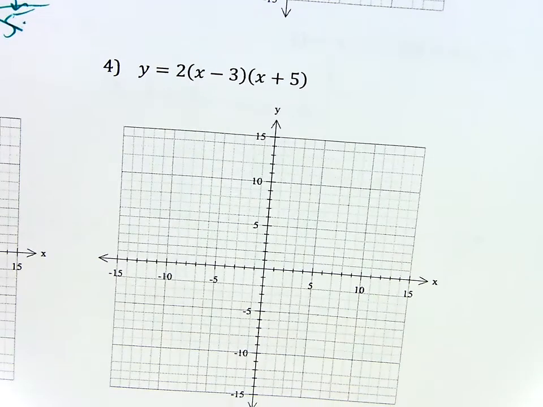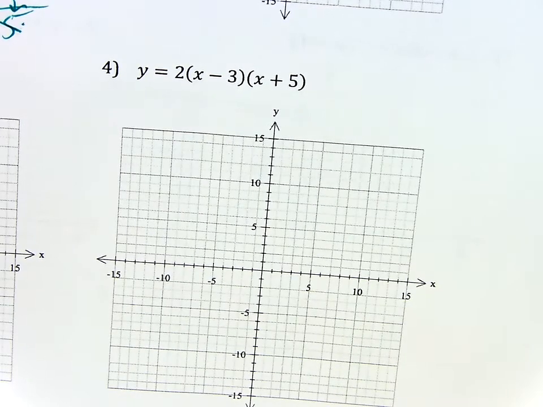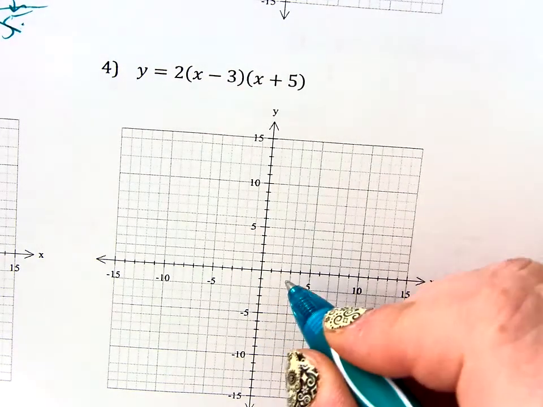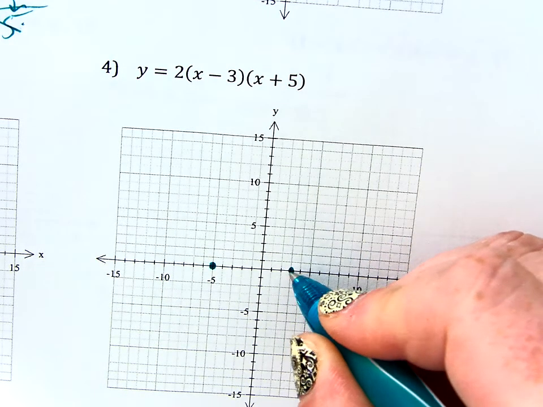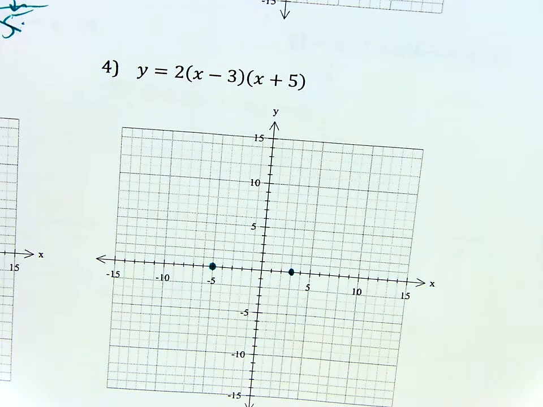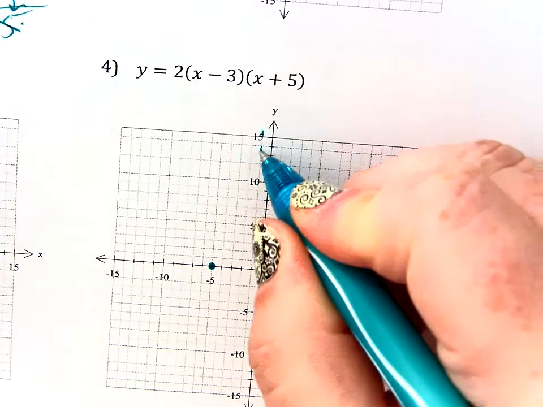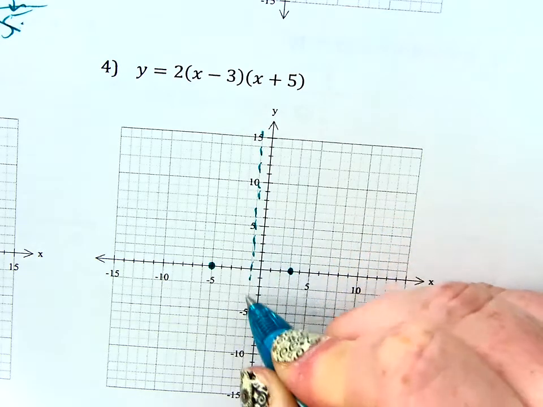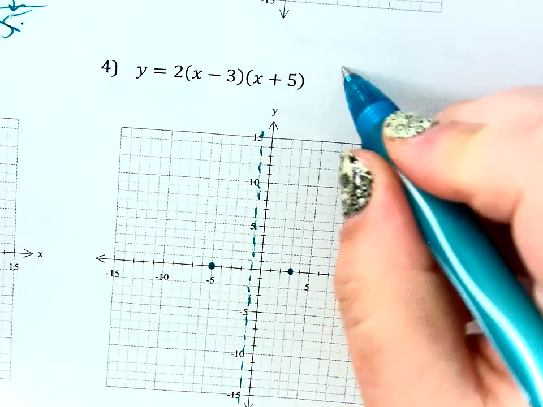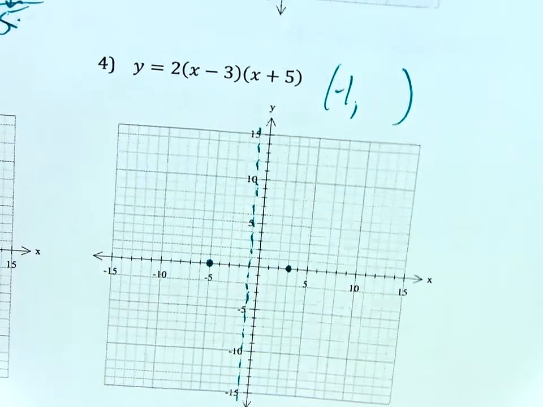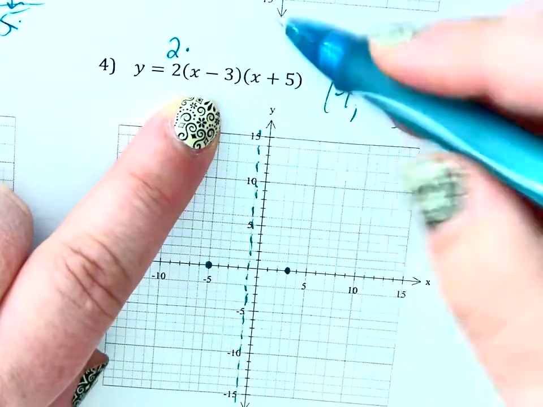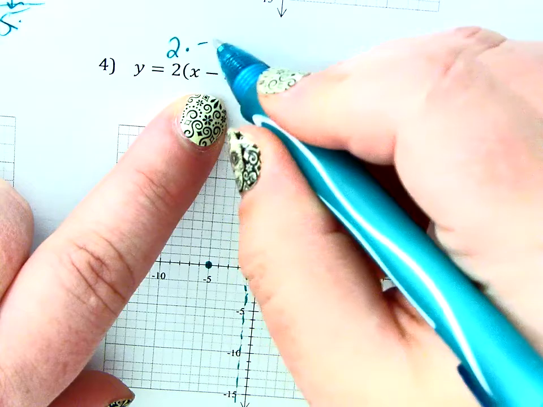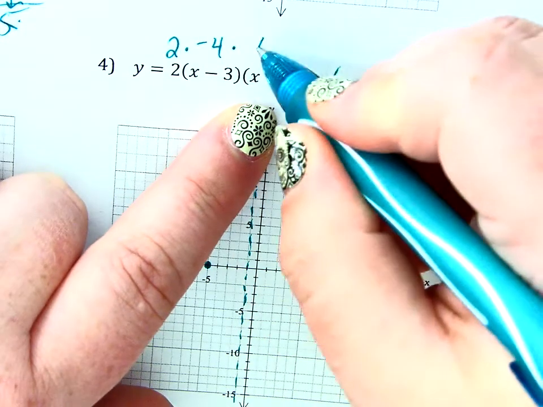So, if we are checking out number 4, we're going to start with our x-intercepts, which are at 3 and negative 5. If I add 3 and negative 5 together, that's negative 2. Divided by 2 is negative 1. So, my vertex will be at negative 1, comma, something. So, all I have to do is the math that goes with that. I'll do 2 times negative 1 minus 3 is negative 4. And negative 1 plus 5 is positive 4. So